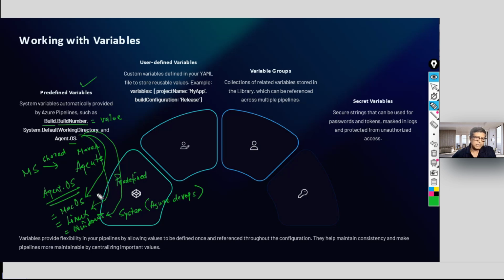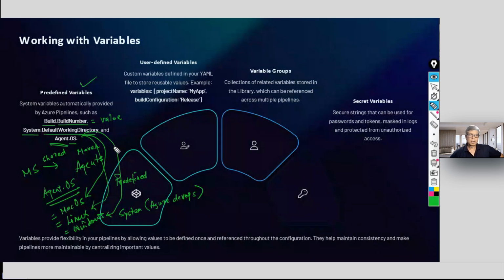You have not defined it; wherever you are running, that operating system will be given. So these are system variables. Like you want to know where you are working, what your default working directory is. You say system.defaultWorkingDirectory, and it will give you a value wherever you are on this particular agent.